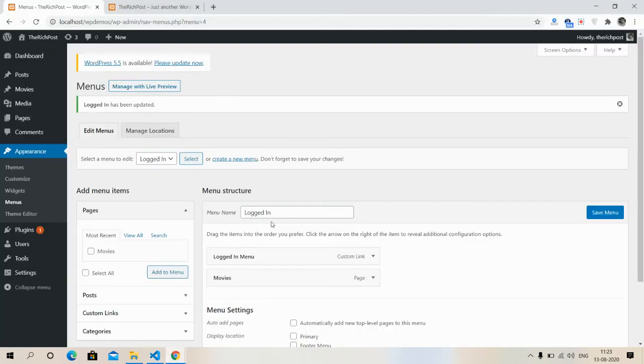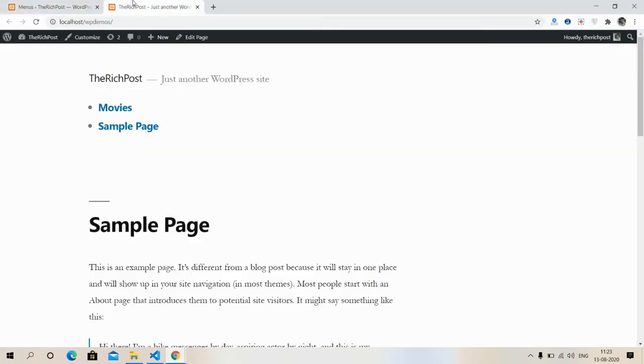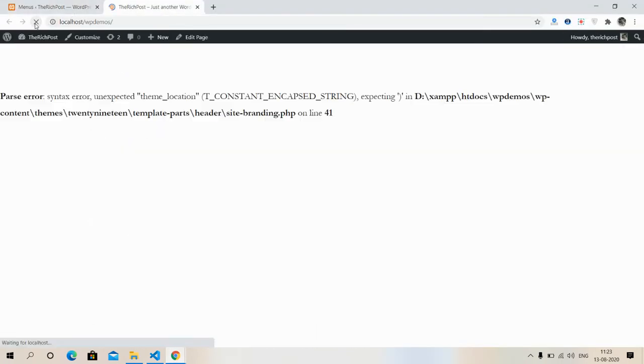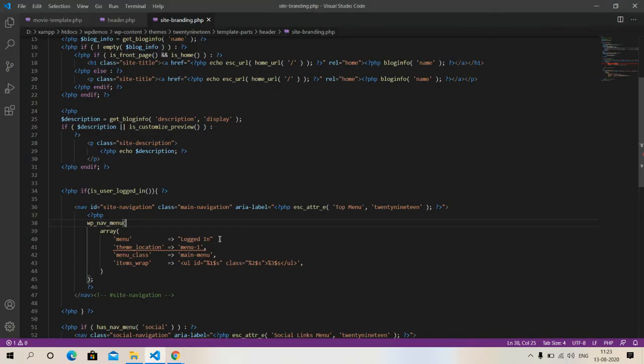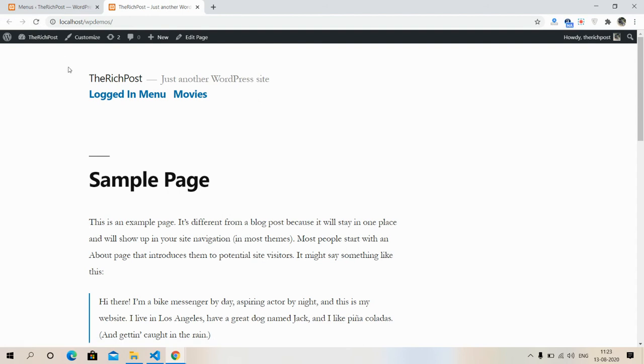Our menu name is logged in, and save it. Now I will refresh my page. Oops, I missed the comma, and save it and refresh it. So see friends, logged in menu and movies.